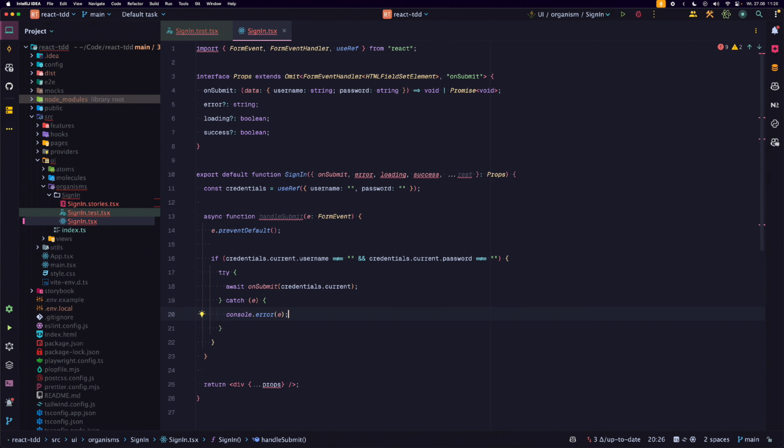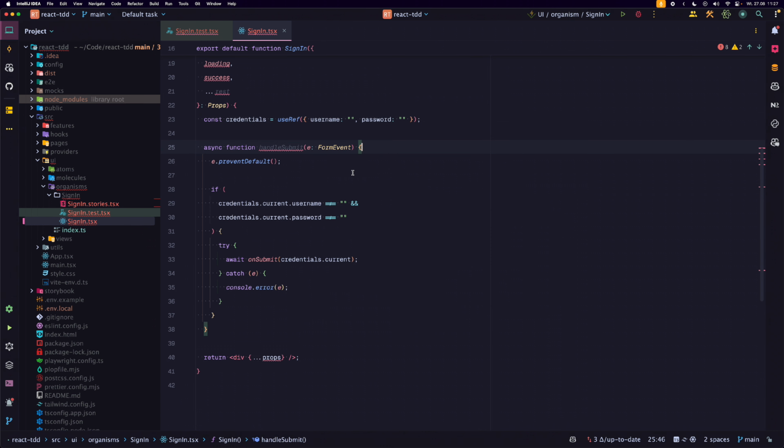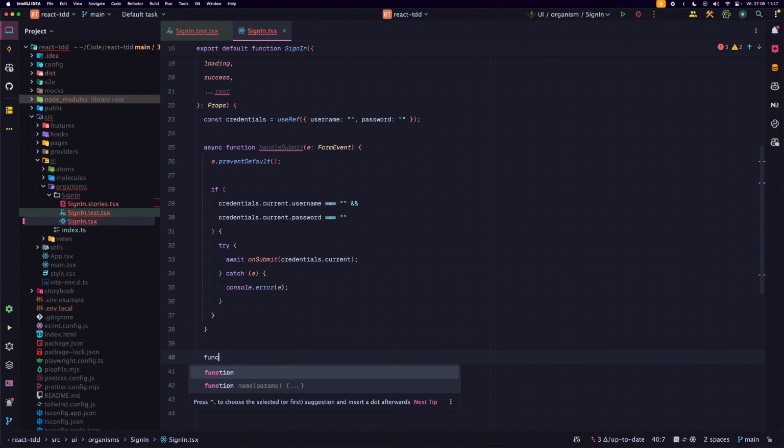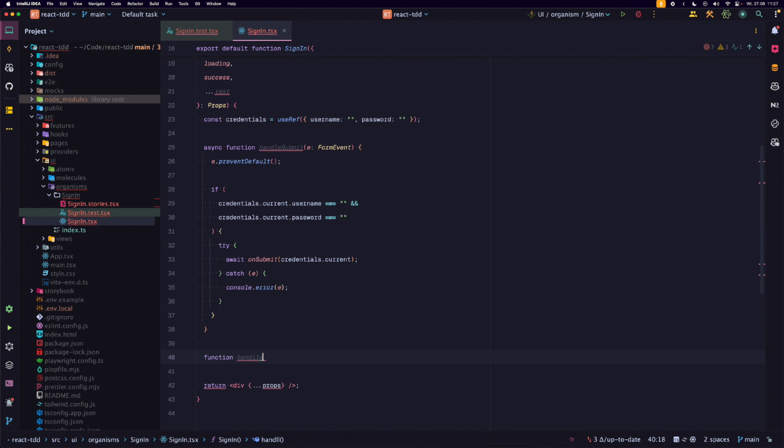Yeah, again, you wouldn't do this by console error. You would just submit this to Sentry or whatever, but we are just being safe here. No, not suppress, import. Okay, and now we will want to have a function that will handle the input change,